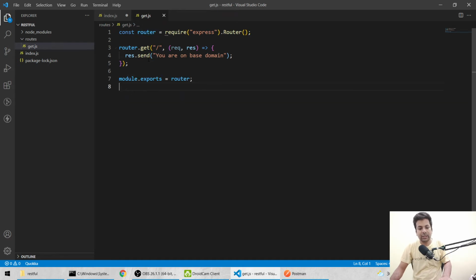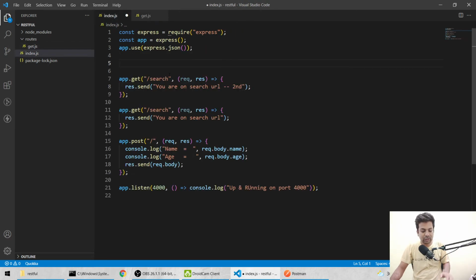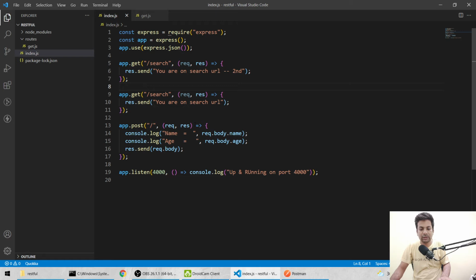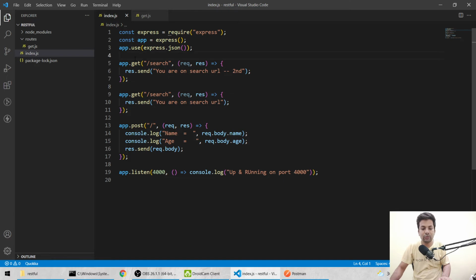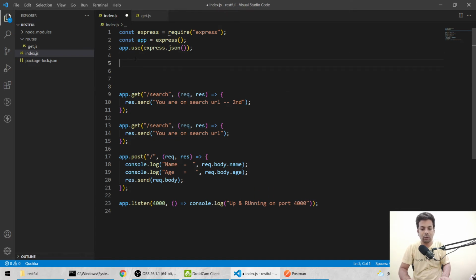But there is one problem. Everything was okay, but how will the main page know that something is running on the get page? So for that we have to import it. Let me comment it, routes.